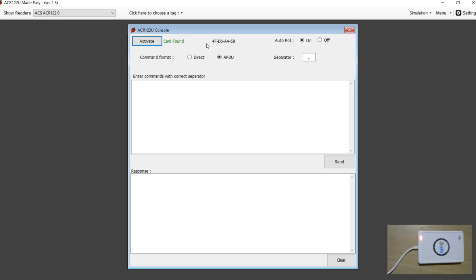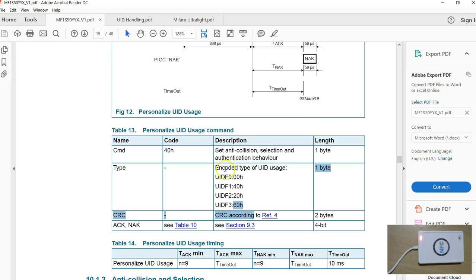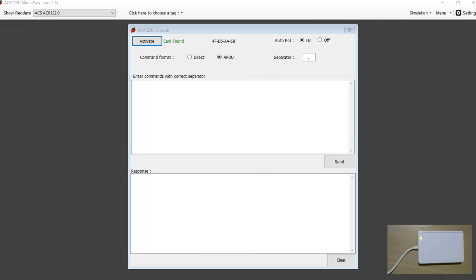The last one we are going to try is the UID F1, which is set to 40. So what I'm doing here, just destroying my tags. So activate, set this to 40, and if I send,